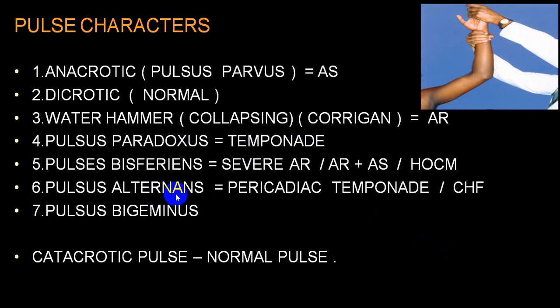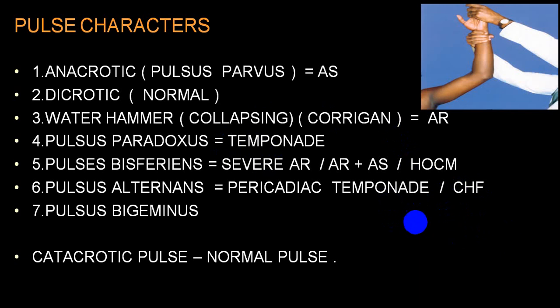The same thing you can see in an ECG. One QRS complex is of good voltage and the second QRS complex is of low voltage. We call it electrical alternans. That is very characteristic in a case of severe congestive heart failure and in a case of pericardial tamponade. Also you can see it in a person with massive pericardial effusion.